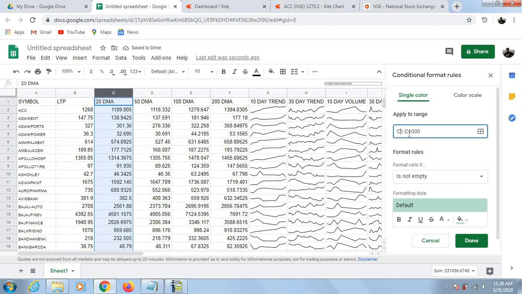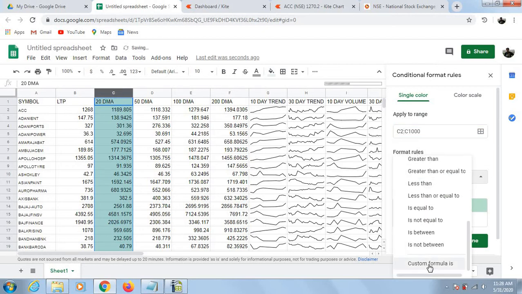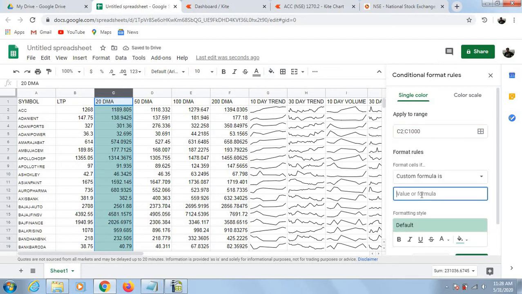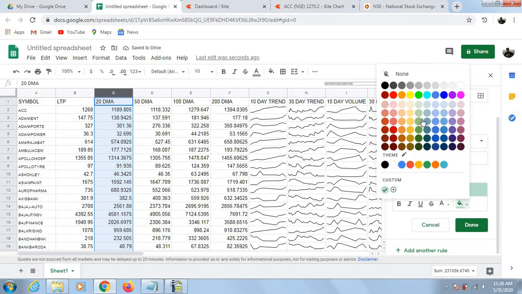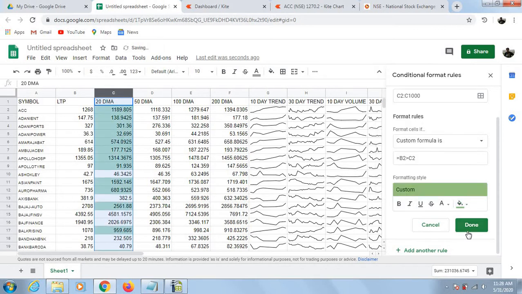So just do the formatting for apply to range C2 till the end. Format the cells, choose custom formula is equal to B2 greater than C2. Then you color code it as light green or whichever color you want.